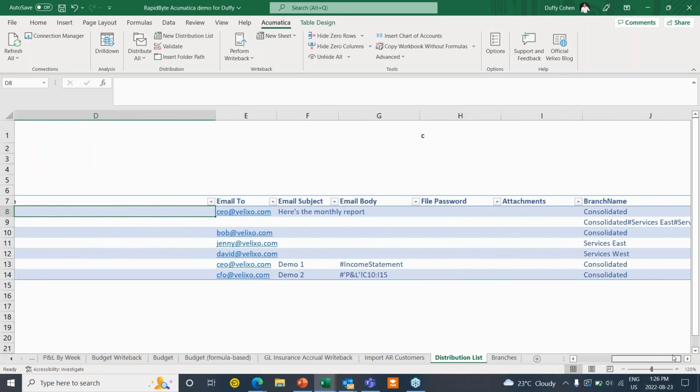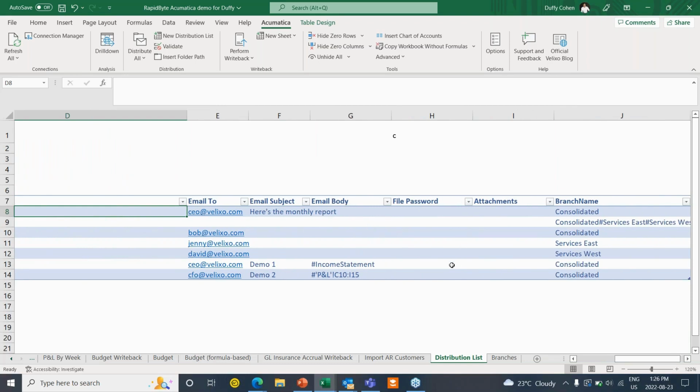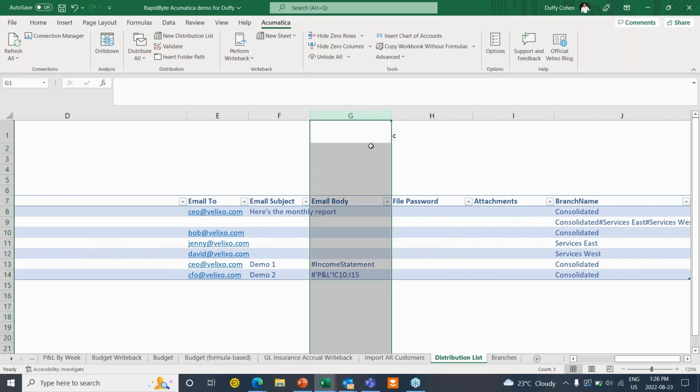Let's just scroll to the right-hand side where we'll see a little bit more in detail how we could get a little bit more granular with our reporting. And this is where the real customization comes into play. So first option here that you'll see is that you can put the report in the body of an email as opposed to an attachment. But on top of that, you can even pick and choose pieces of a report that you want to send out